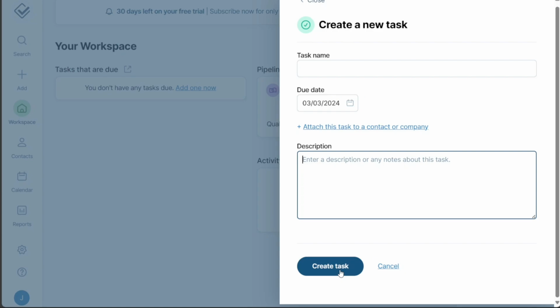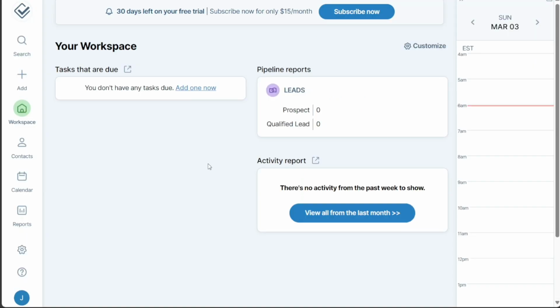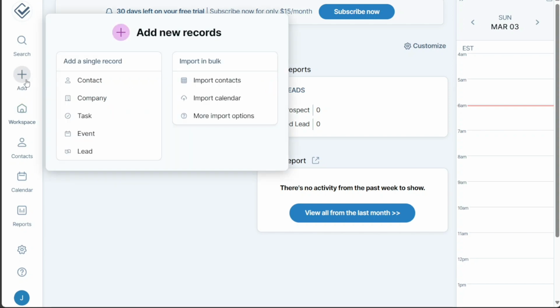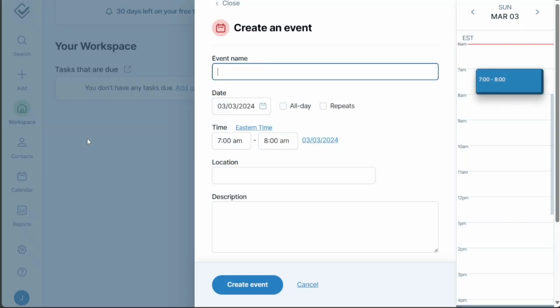your responsibilities. Now, let's see how to create an event in Less Annoying CRM. An event could be a scheduled meeting, a call, or a follow-up reminder. By adding these activities to your CRM, you can ensure that you never miss any critical engagements with your contacts. To create an event, navigate to the plus button located at the top left menu. Upon clicking, a drop-down menu will appear presenting different options. Choose Event. This action will open a sidebar form on your right where you can input relevant details about the